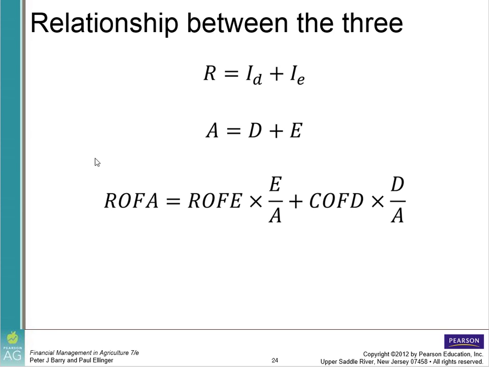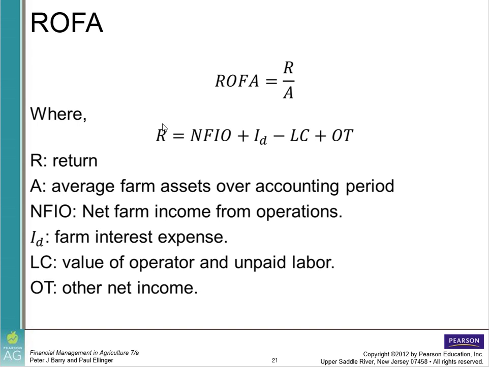R equals ID plus IE. A equals D plus E, which means it must be the case that ROFA equals ROFE times E over A plus COFD times D over A. Now this is a very important slide. I'm saying that R, which can be seen over here,